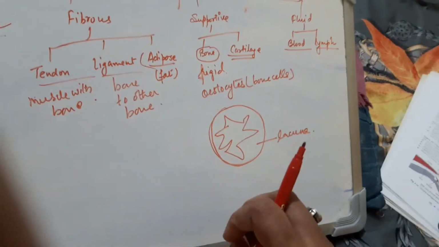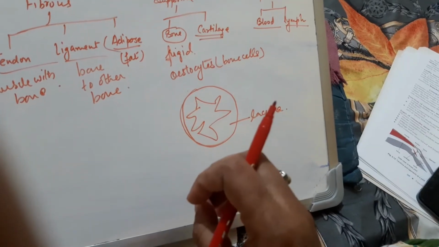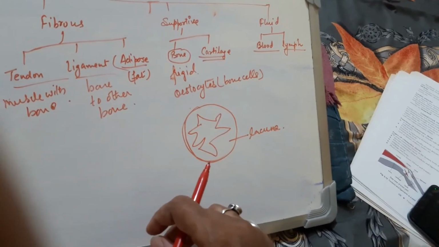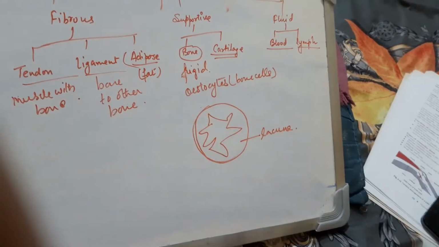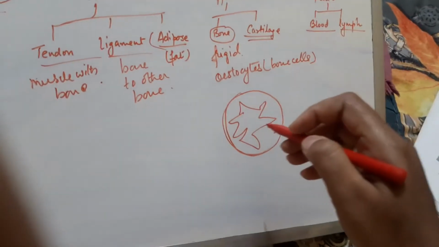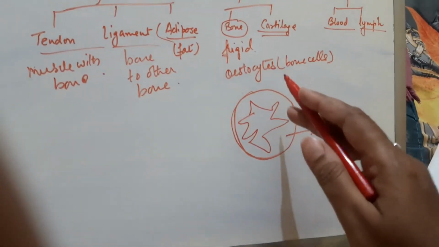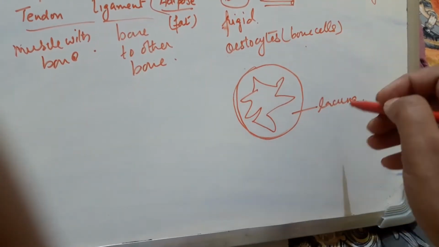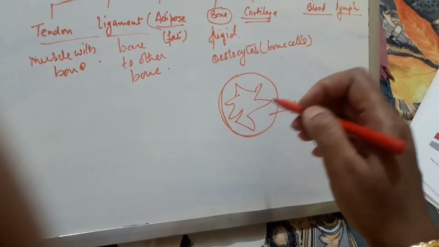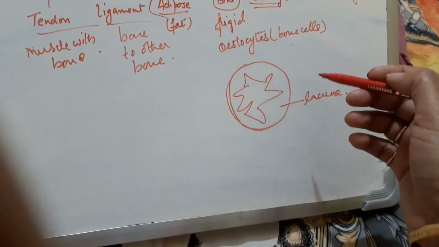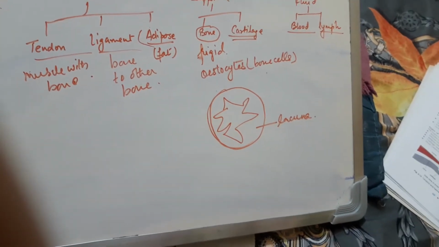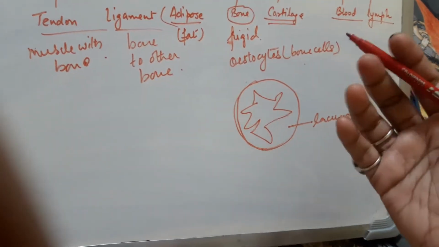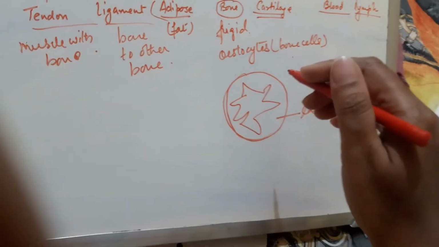They have all the supply of nerves and blood vessels, and are basically made up of inorganic salts like calcium, magnesium and phosphorus. They are very, very rigid. So what have we studied? Bone cells are called osteocytes. They lie in a hollow cavity which is called lacuna, and they are star-shaped. Blood cells are formed in the bone marrow. Some bones are hollow, some may not be hollow, but basically they are very rigid structures.